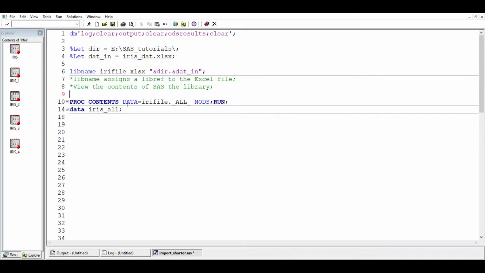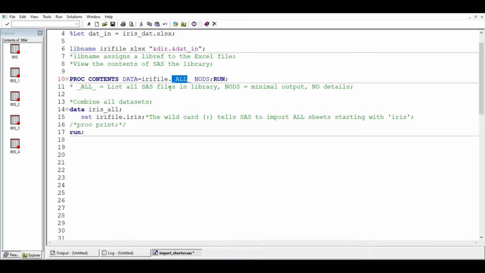We need to see, remember, it's proc contents, and we have to supply the data set. In this case we are saying that you should go to this folder, which is where we are in, and pull out all. So we have the all here because we want to see the content. So we are saying go to this folder and list every SAS file in this library. Go to this library or folder in this case and list all the SAS files here, and the